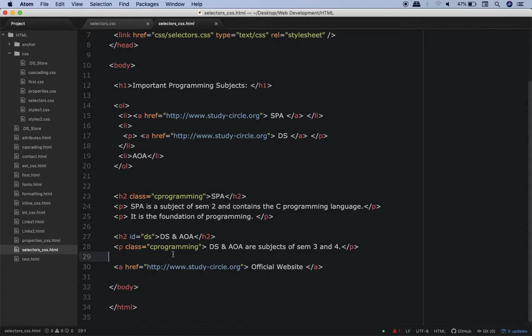Now, if you are attentive, did you notice something unusual over here? You will realize that the elements in line number 23 and 28 have the same class attribute. Well, this is not wrong. Multiple elements can share the same class. This is correct. However, the ID attribute is unique. That means two different HTML elements cannot have the same ID. That will lead to an error. So you can have multiple elements with the same class, but not multiple elements with the same ID.